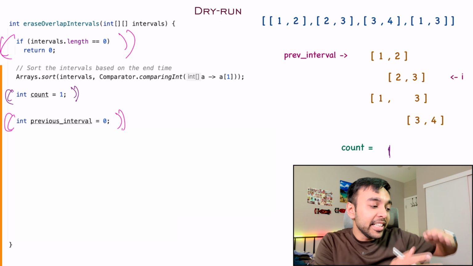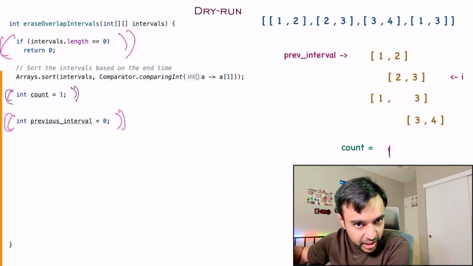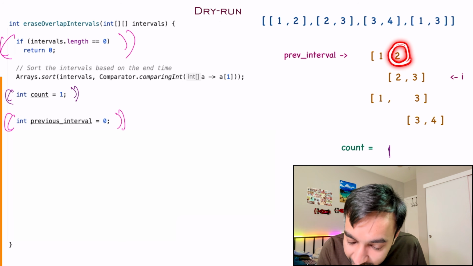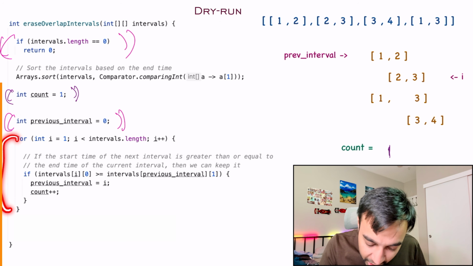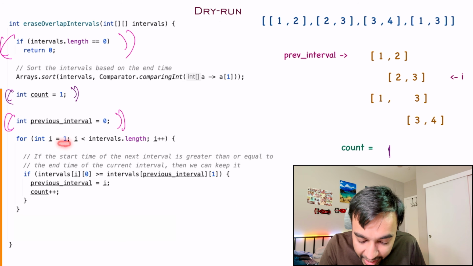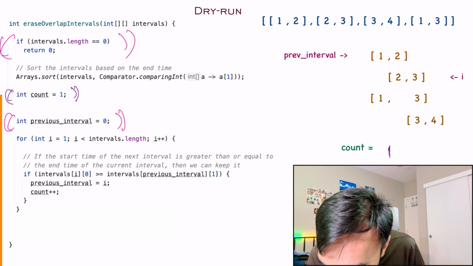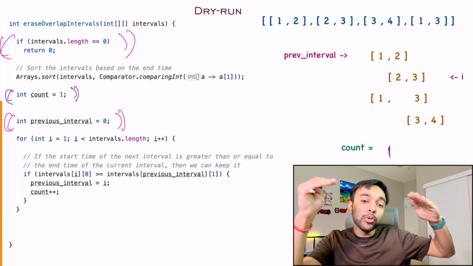So I'm saying that this is the previous interval, and based upon it, we are going to do our further calculations. I picked up my first interval, and that is based upon the ending time. Now what do you do? You start a for loop. Notice that this for loop starts from 1 and it ends at intervals.length. So you start from the first interval available and then iterate through all of the